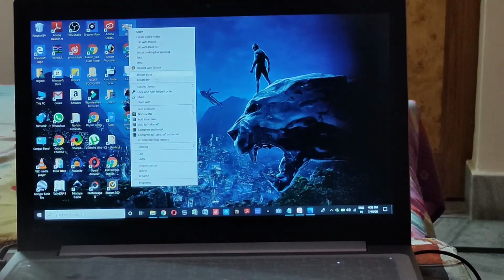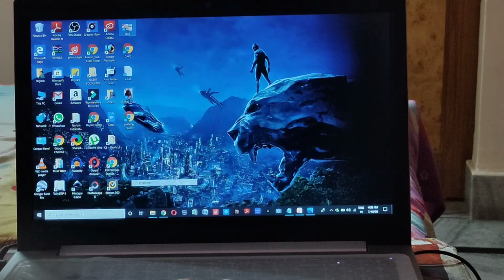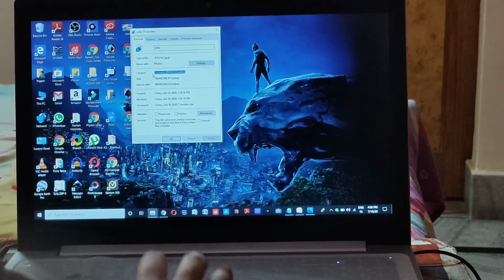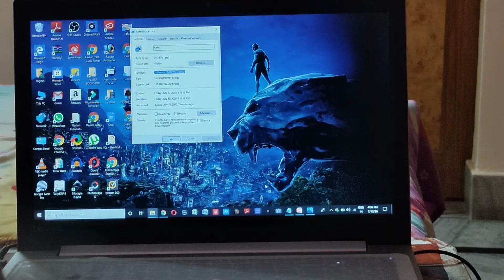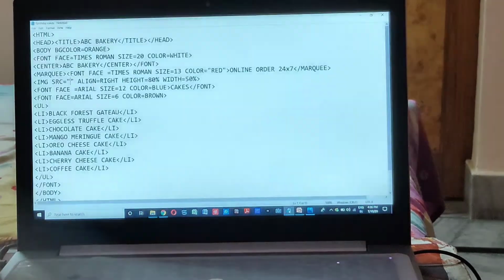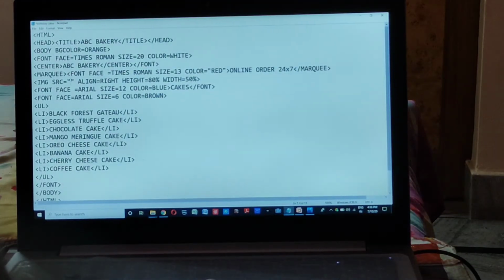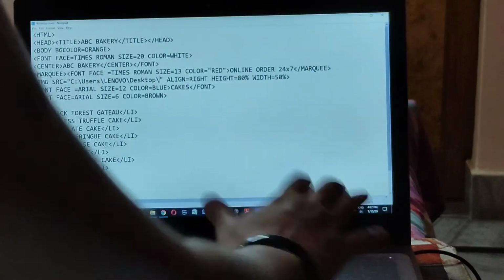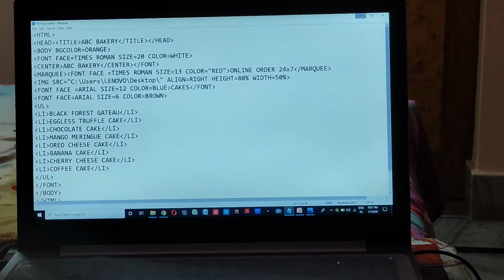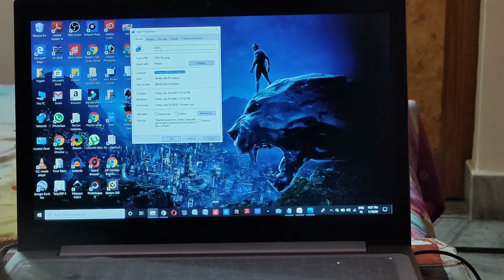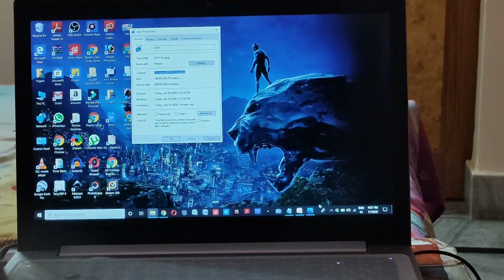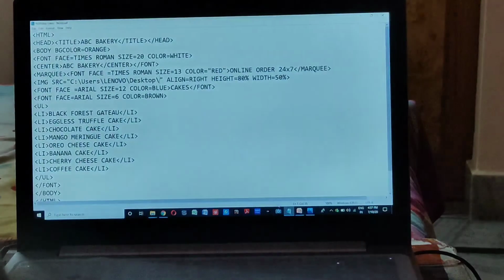Right click, then its properties, then copy this one, Control C, again click on notepad, and image source, Control V. This is the path. Then put slash, then the name of the file. You can check, this is the name of the file, cake.jpg. So we have to write it here in notepad again.